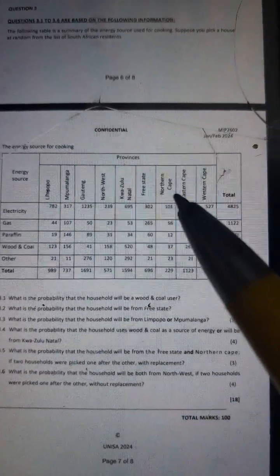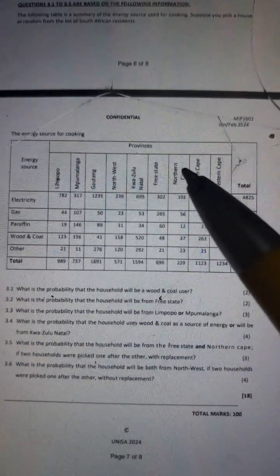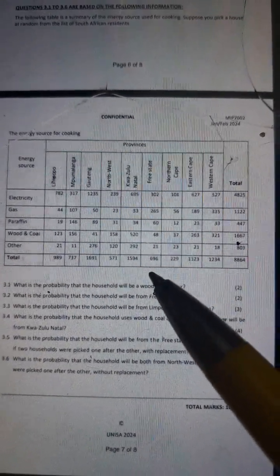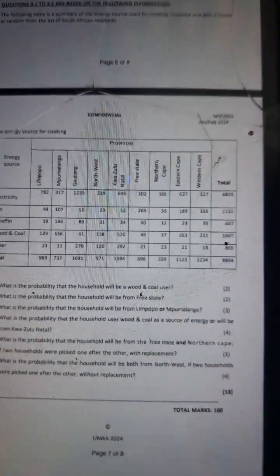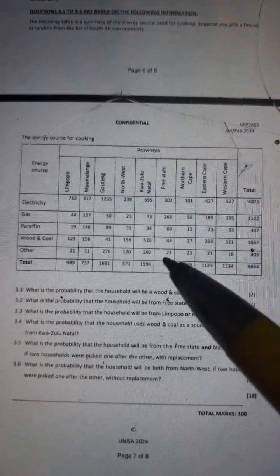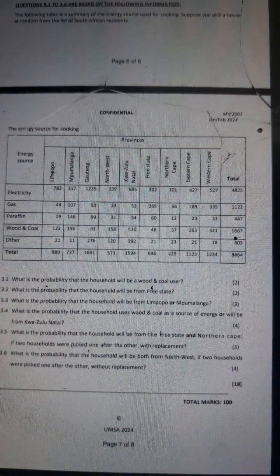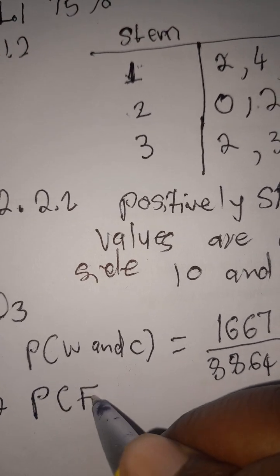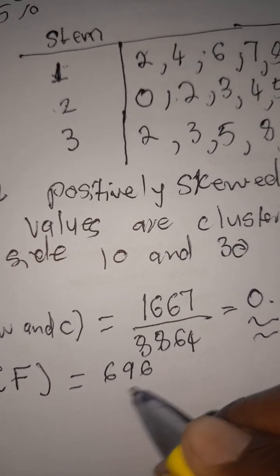From Free State, where is Free State? Looking at Free State, what are we having from Free State? The total is 696. So the Free State part, we are going to use that total 696 and divide it by the overall, which is 8864, to get the probability. So the probability that the household will be from Free State, we said is 696 divided